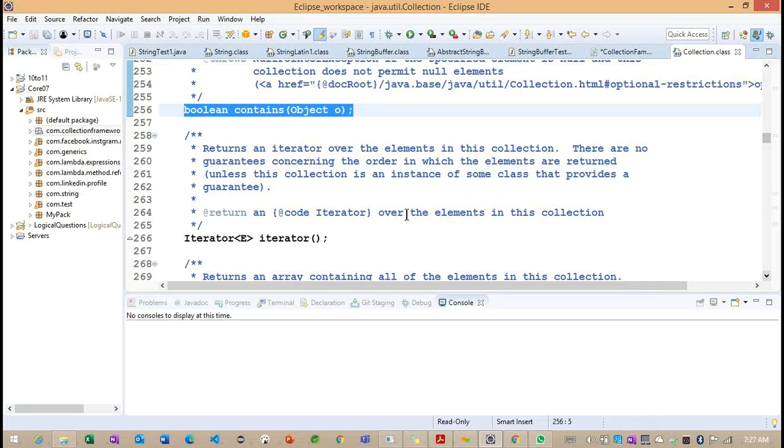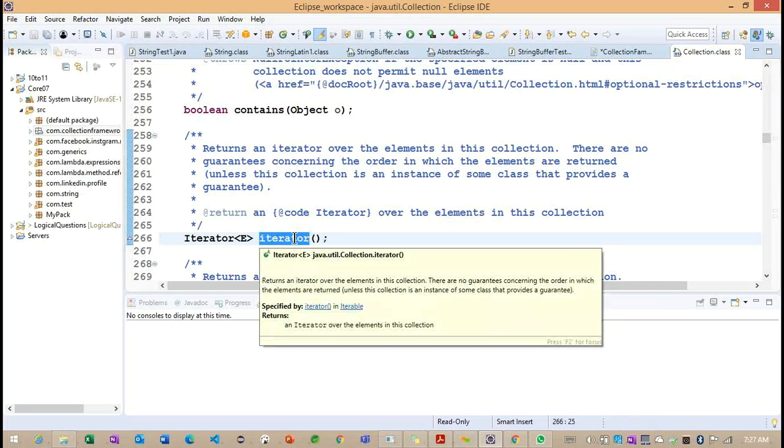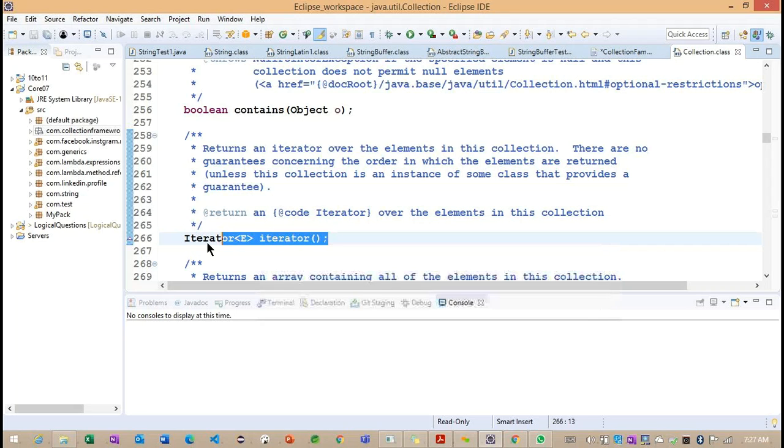So another method is iterator. Basically, iterator is a method which comes from our Iterable concepts here. Using this particular iterator method, we'll try to iterate over the elements one by one. Getting the point? We'll see how we can get the elements one by one with the help of this iterator method.